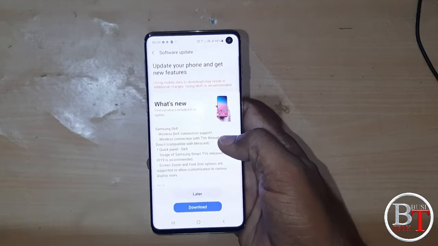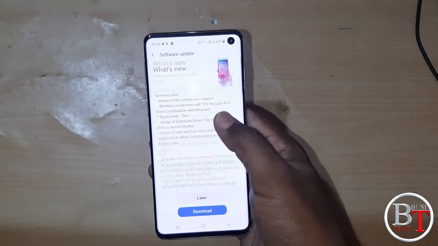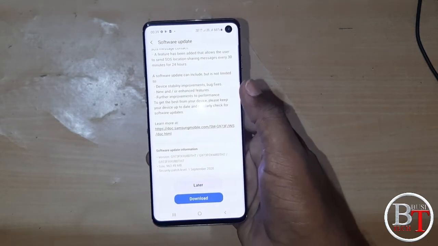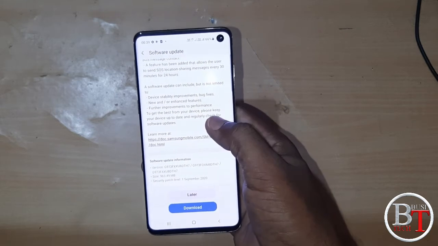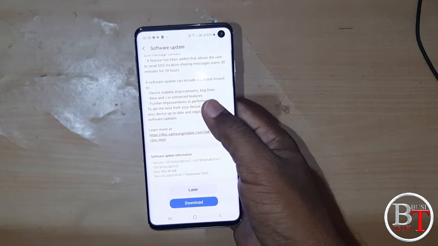Yeah, it's checking for updates. Update is available. The size of the update is 963.49 MB, almost 1 GB. So in this security patch and update,